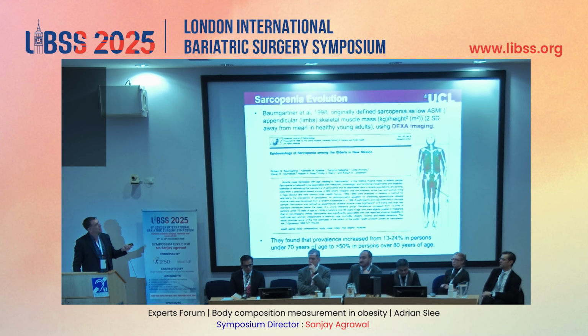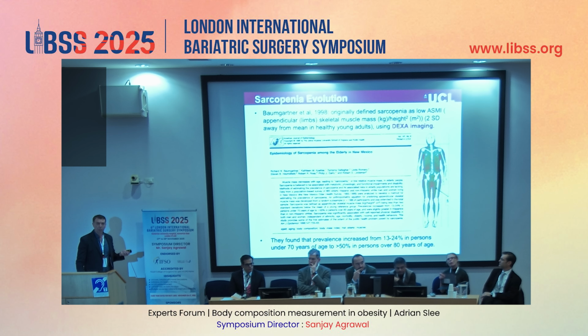So the other thing to note here is when we think of this term sarcopenia, the original definition of sarcopenia was a loss of skeletal muscle mass in aging, and that definition changed dramatically over time. It is based upon research from data from a population group in New Mexico, where they used DEXA scans and specifically looked at lower levels of skeletal muscle mass in the limbs, appendicular skeletal muscle index.